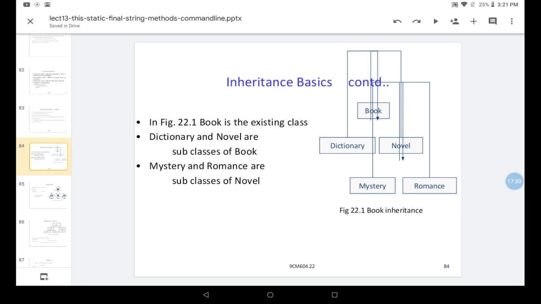So here Book is the existing class, Dictionary and Novel are the subclasses of Book, and Mystery and Romance are the subclasses of Novel.